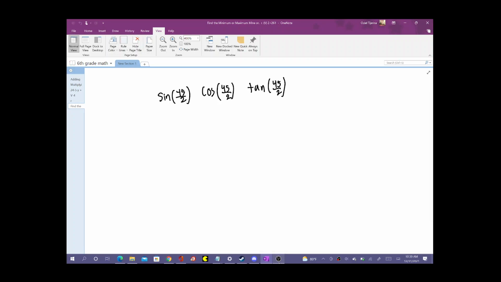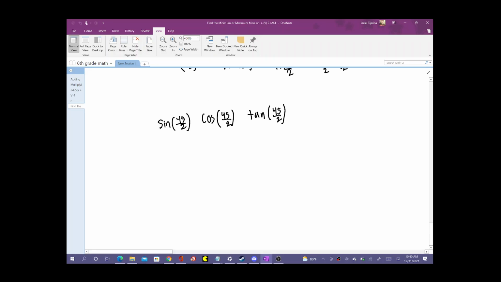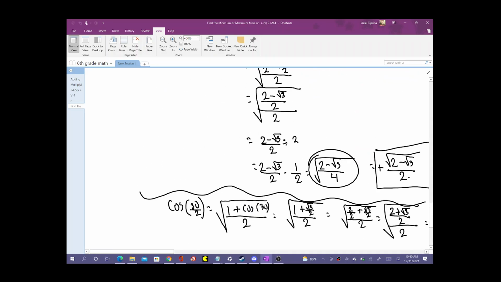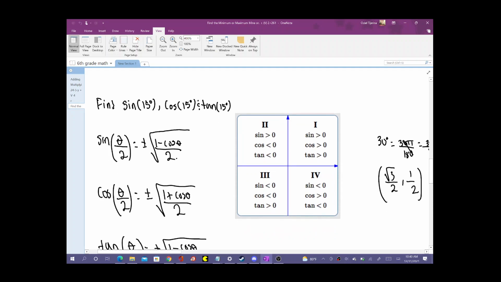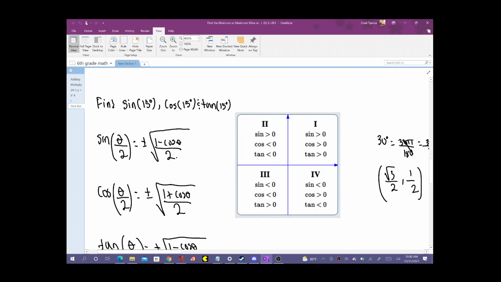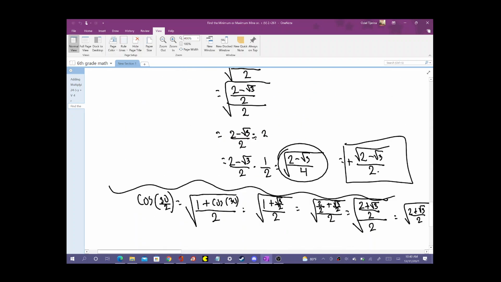So 45 over 2 is actually, if you approximate it, equal to 22.5. That falls in the